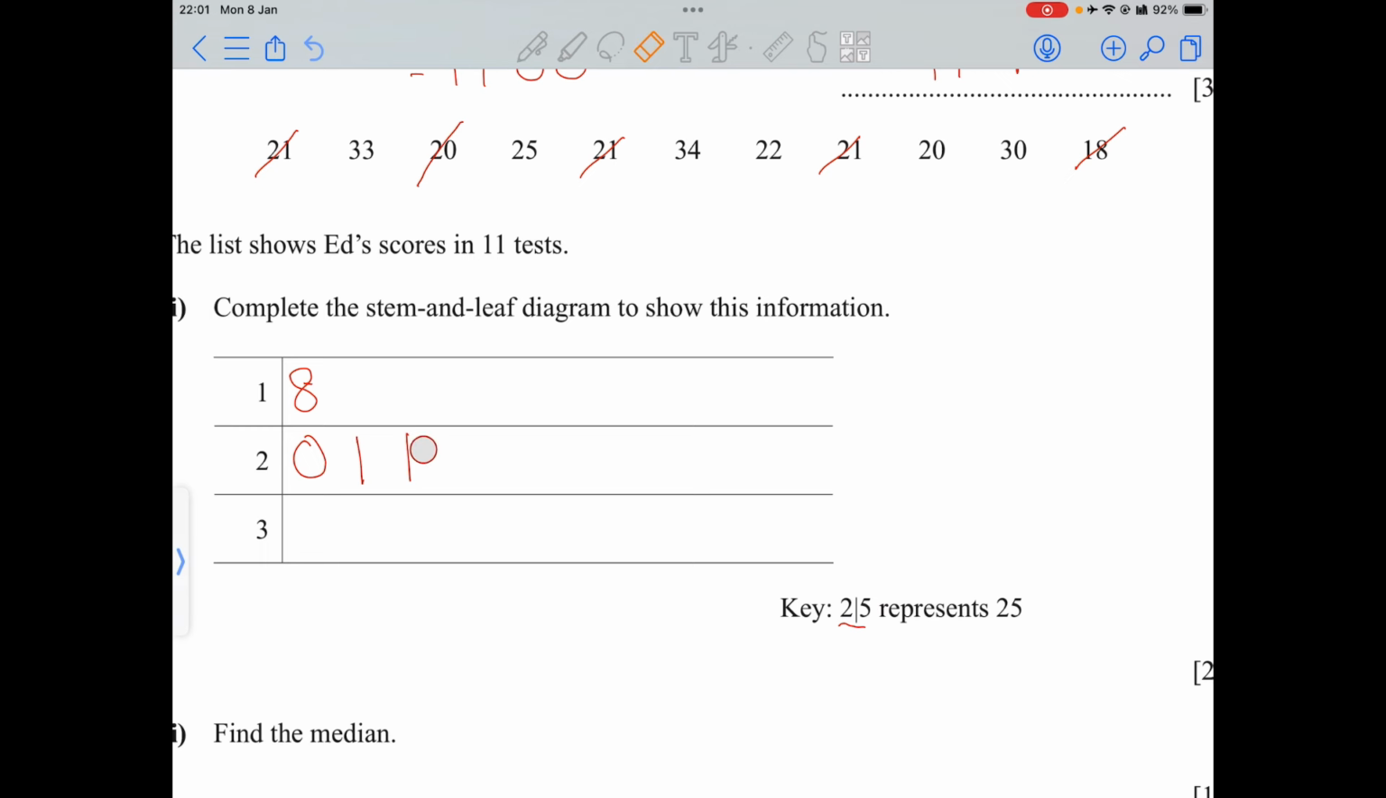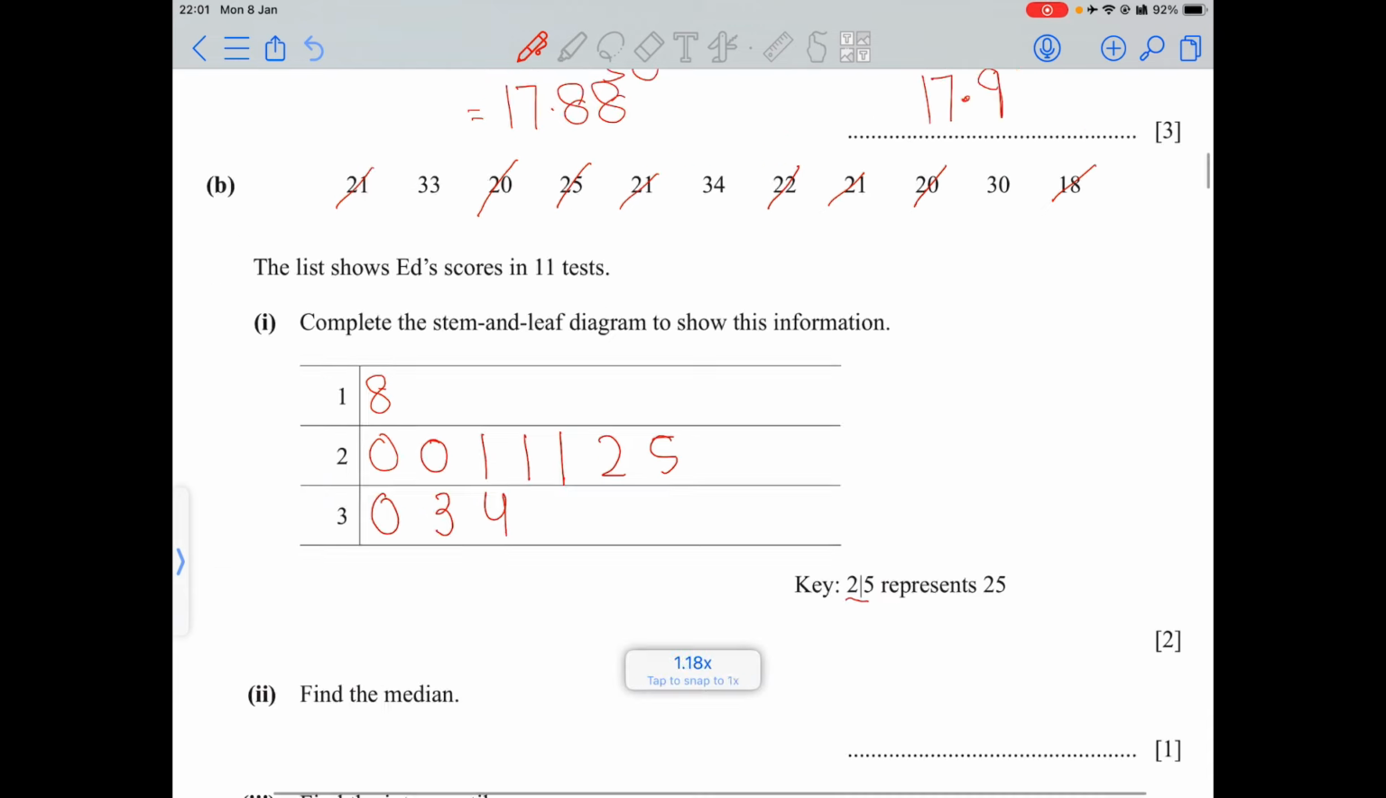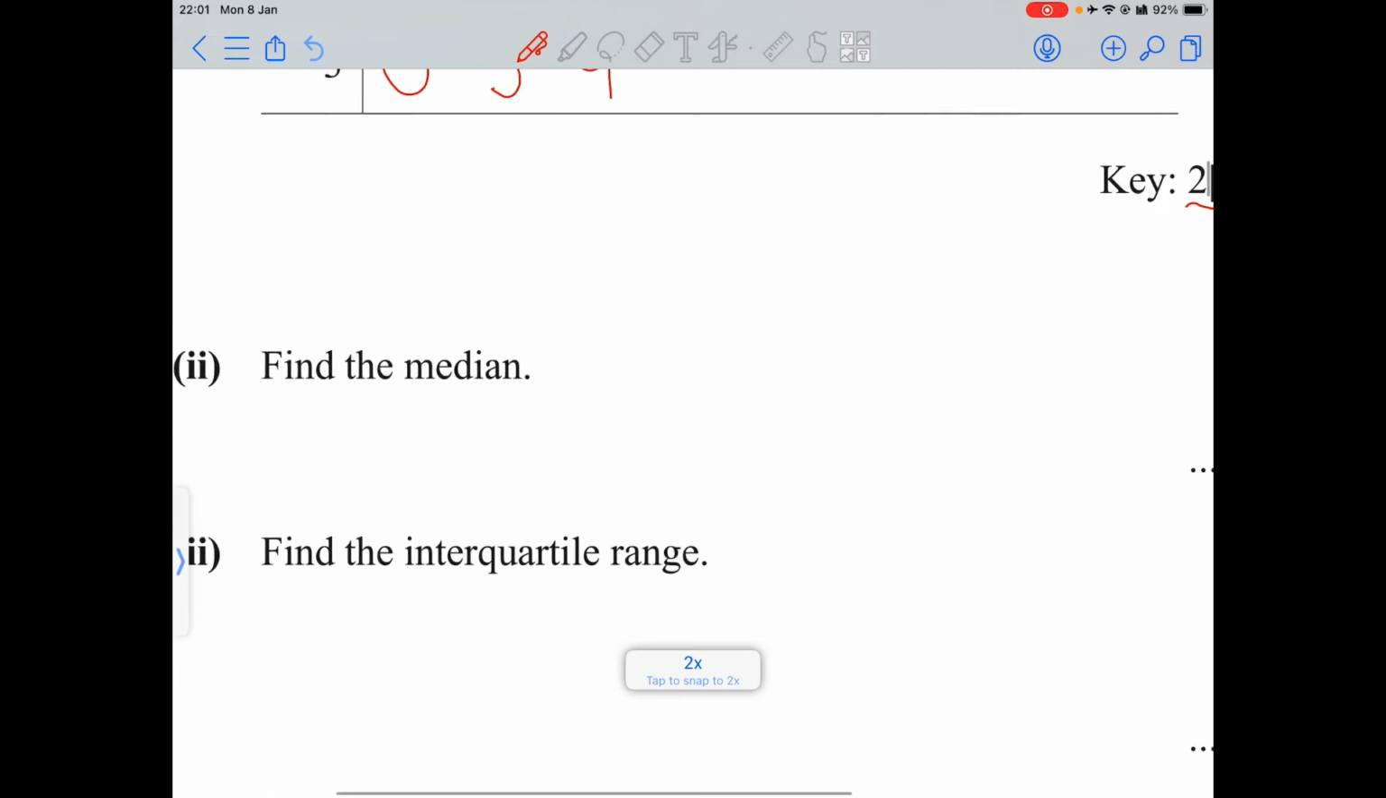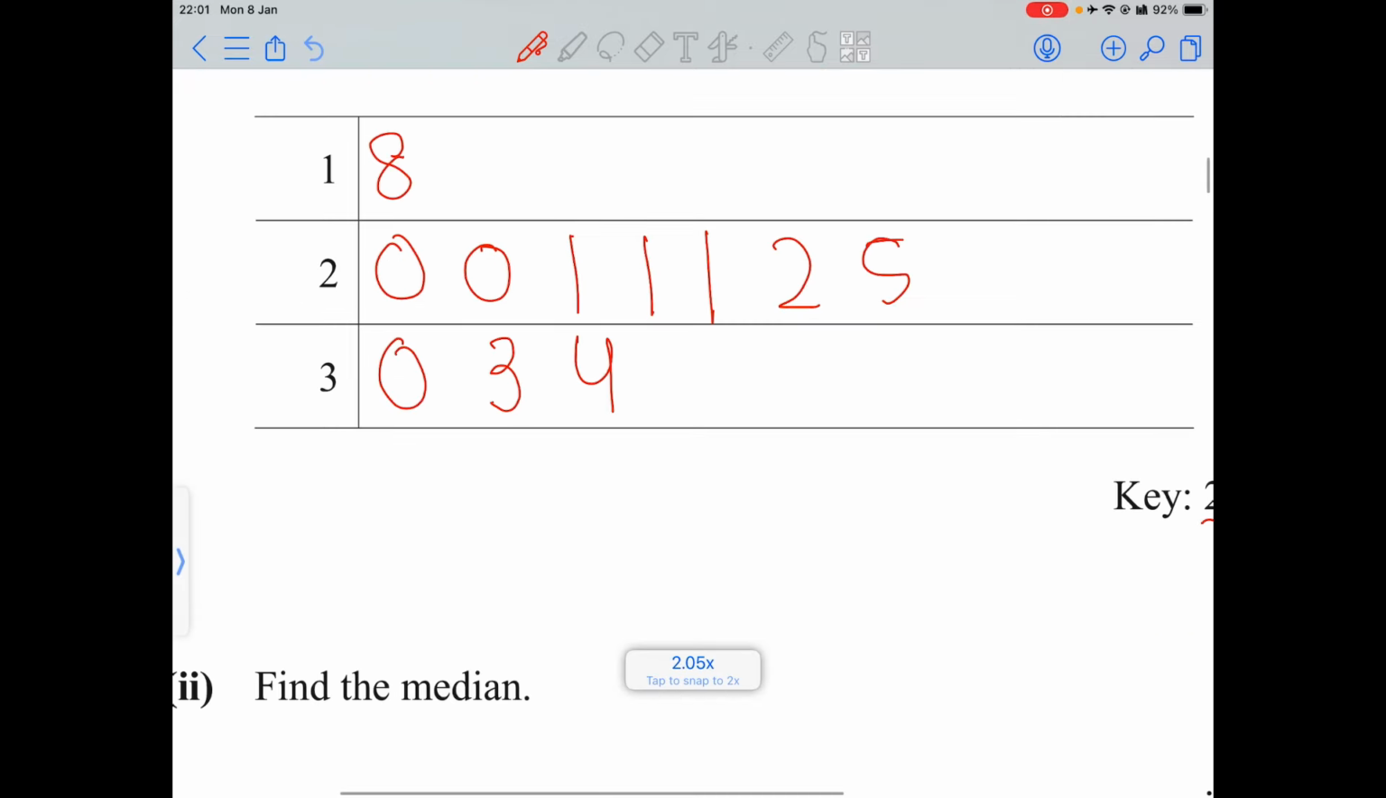Oh, this seems a bit tedious. So 0, 0, 1, 1, 1. Then we have 22, 25, then 30, 33, and 34. Find the median. Now remember, this is only for 11 tests, so you would need to basically just use the simple